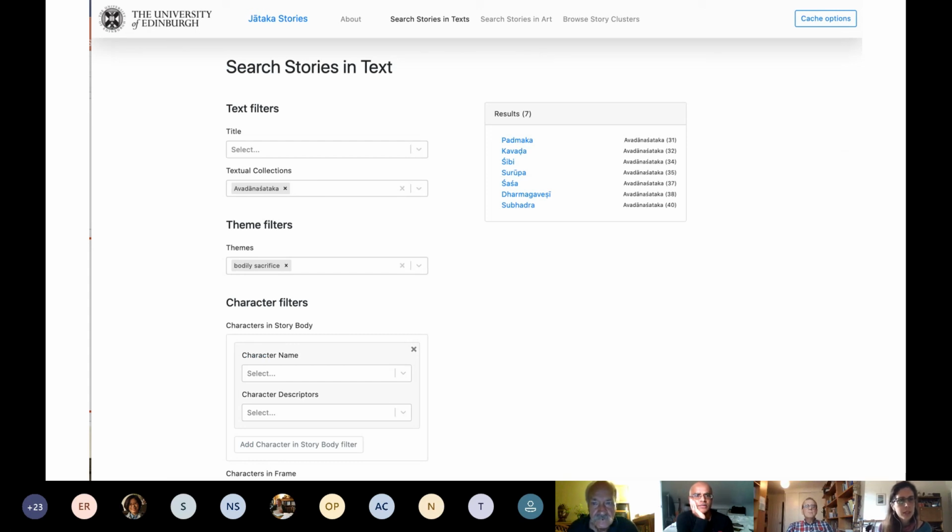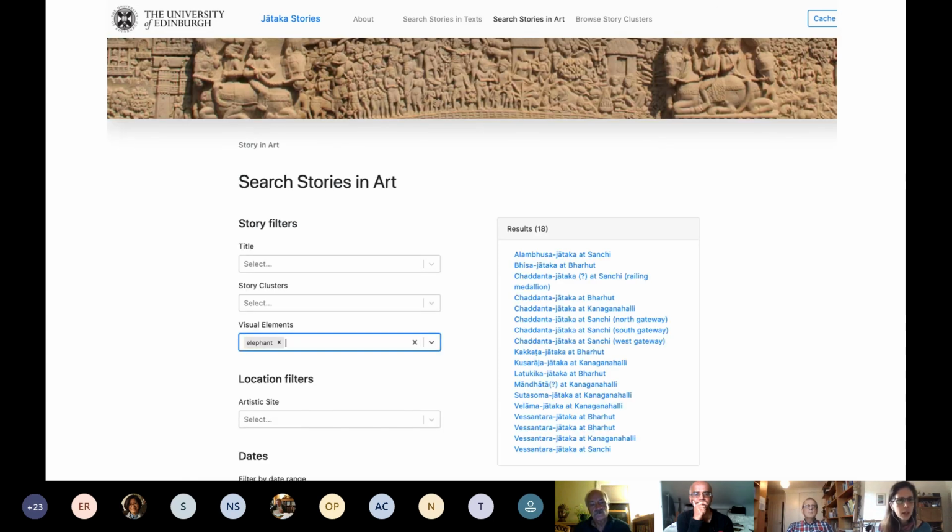So just as an example, this is a screenshot of me searching for stories in the Avadana Jataka about the theme of bodily sacrifice. And then it gives you the results and you can look at them all. And what the entries show is full text and characters, places, names, rebirth identifications, and so on. You can also search stories in art, and here we concentrated on visual elements and searching in that way, and